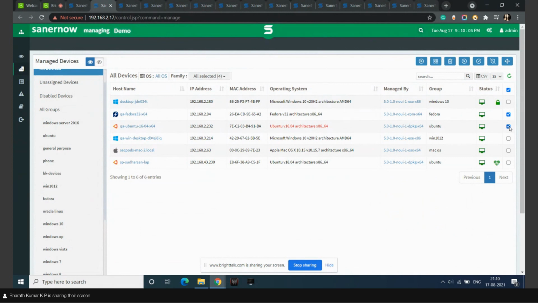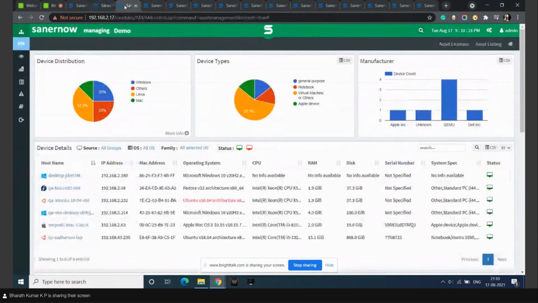Once the selection is completed, click on the Scan Now button. This will send the request to the agent to perform the scan. Once the scan is completed, we can see the data in the Asset Management Dashboard to perform further asset management assessment actions. This is how we perform on-demand scanning on Sena now. And also using this, we can get the hardware and software inventory details immediately once reported. This is very interesting, Bharat. So we can very easily run an on-demand scan using Sena now and get real-time information over our IT asset inventory.